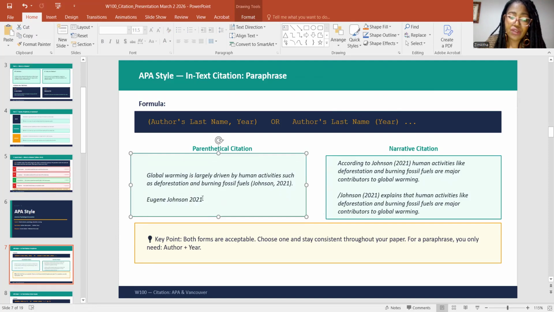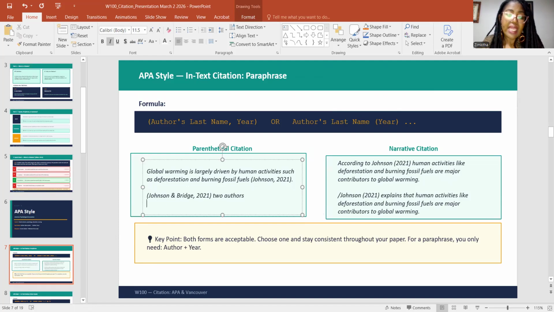If you have 2 authors, you'll say, in parentheses, Johnson and Bridge. This is for 2 authors.